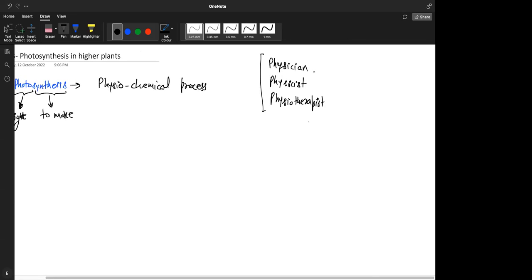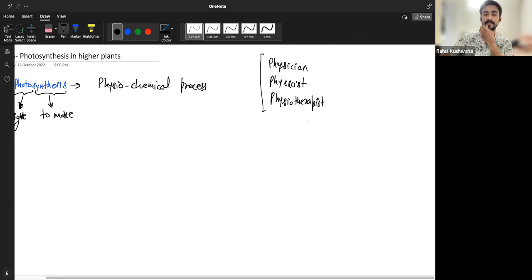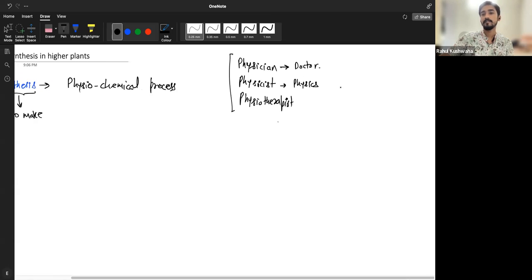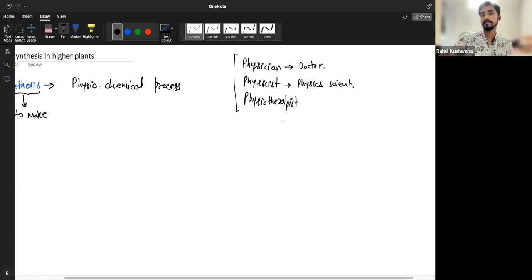They're different, sir. Who's a physician who studies physics, right? Then who's a physicist? Physician is your doctor. You go to a doctor with an MBBS degree, you will become a physician if you do MBBS. A generalized doctor is a physician. You can also call the doctor a clinician because he sits in the clinic. He knows about your clinical disorders. A physicist is the one who studies physics, a scientist, a researcher. Physician is doctor, and physiotherapist is